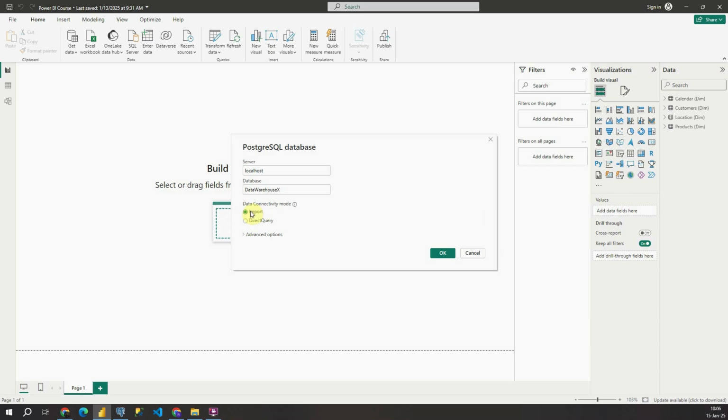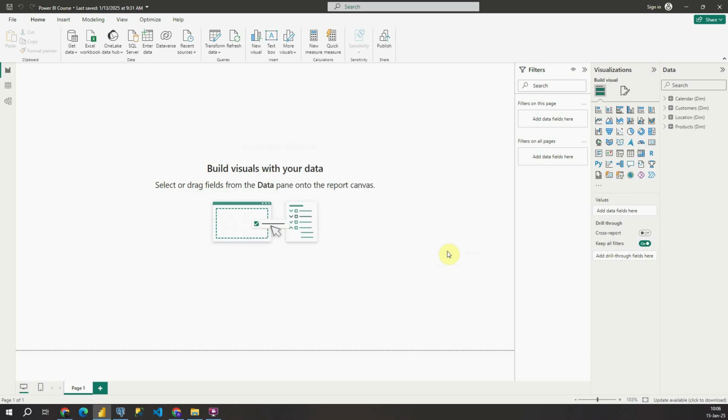If we import data, we will be able to transform the data and data will be stored in Power BI. If we choose this second option, we will not be able to make any transformations. Data will still be stored in Postgres and basically we will be able only to read that data. So let's use this import mode for now. Later on, we will check also this direct query. If I click on OK,